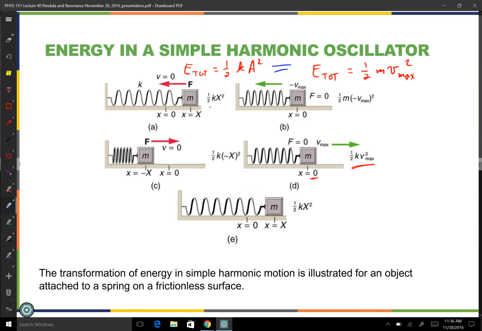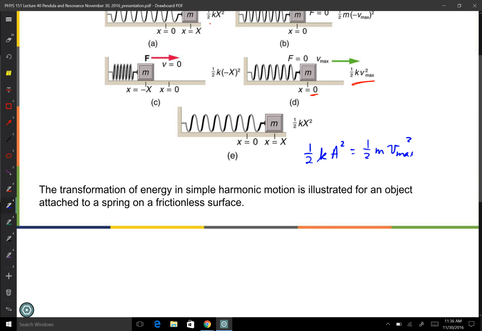So that means if there's no friction, I should have the relationship that says 1/2 k times the amplitude squared is equal to 1/2 mass times Vmax squared, which gives me a simple relationship between the amplitude and the maximum speed. So Vmax, if I square root both sides and, of course, multiply by 2,